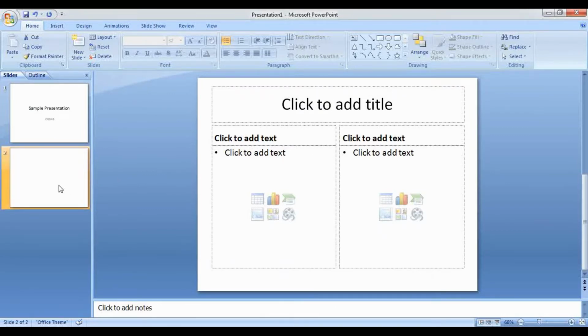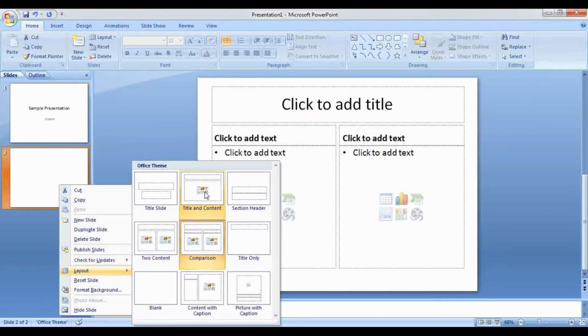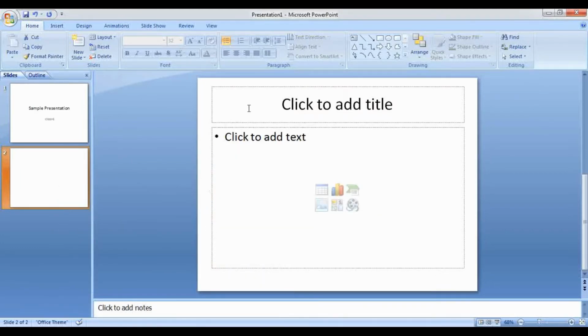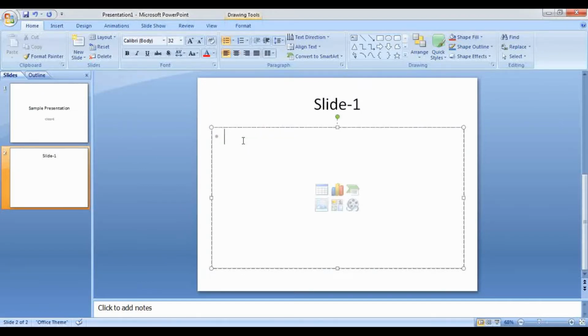I'll just go back and change it to title and content. So go to the slide, click on Layout and go to Title and Content. So here you can change the layout of your slide. Now let me add the title, Slide 1, and in the content I will add, this is my first slide.